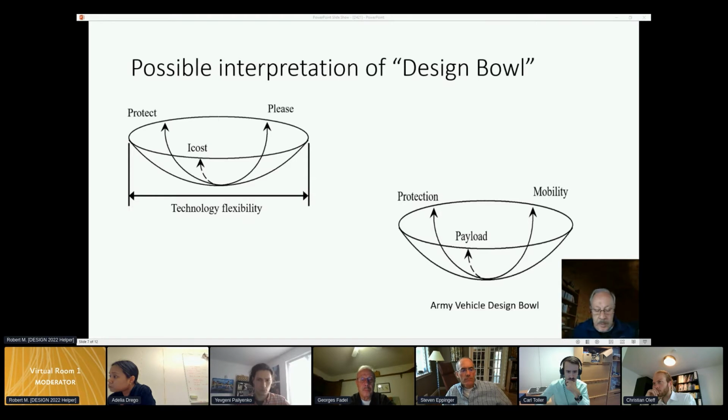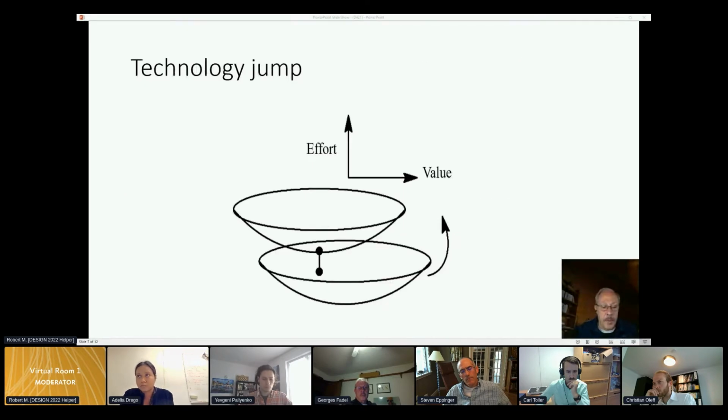What can we infer from the design ball? The width of the ball may be related to technology flexibility. A flat ball has much room for improvement, a narrow ball requires much effort to improve. Now, a similar ball could be created also for the three metrics of the Army vehicle, if we had any idea of how much effort it would take to improve on each one of those criteria. Also, it may be necessary to jump to a new technology and have a new ball. For instance, going from a fuel-based vehicle to a hydrogen-based vehicle would be a technology jump,